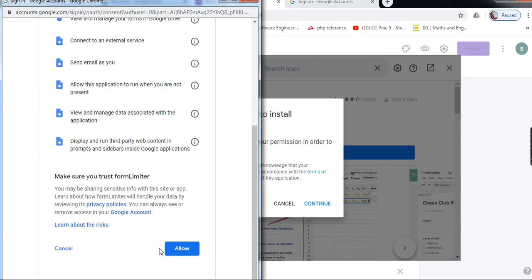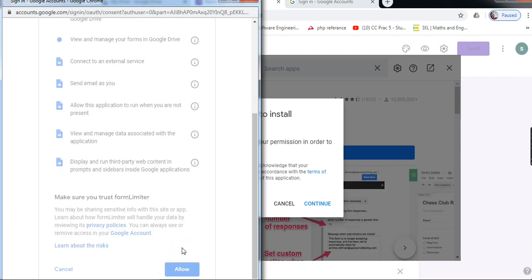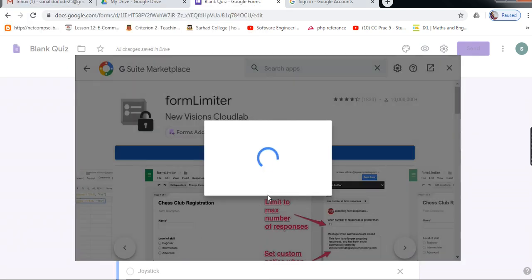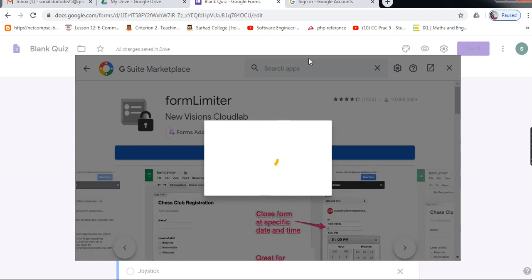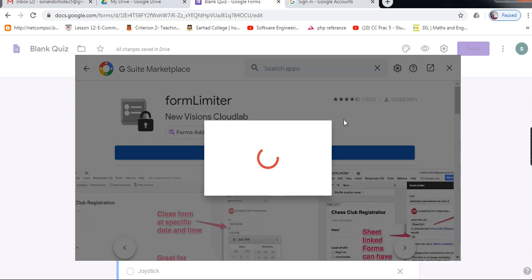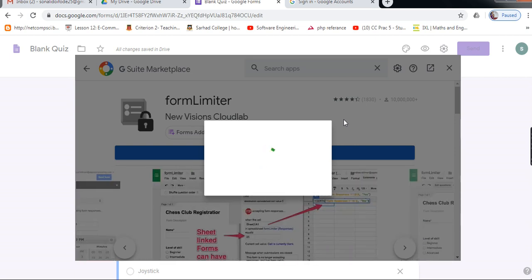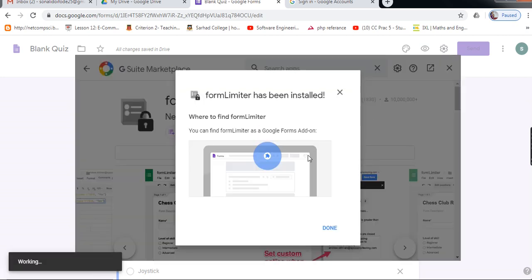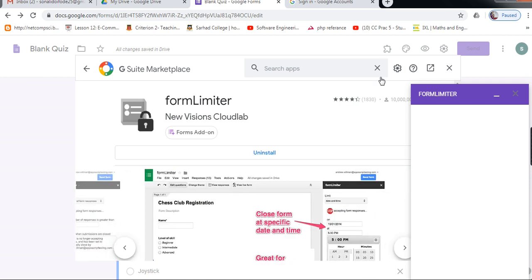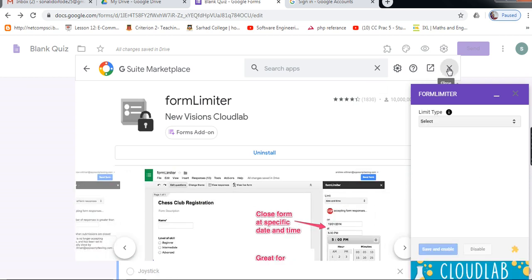Read this in detail. It asks for permissions. Click on allow. Click on done. Now close this G Suite Marketplace window.